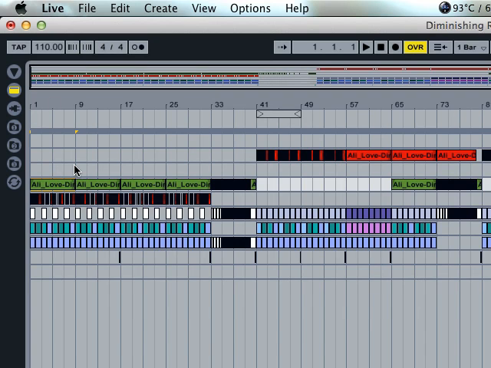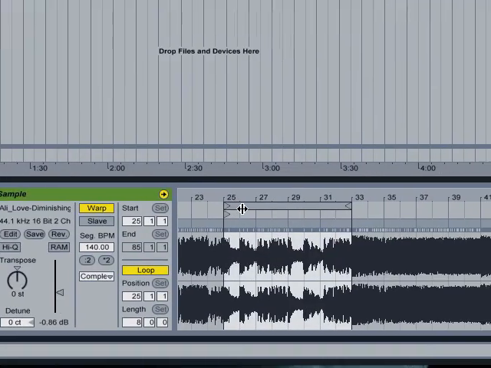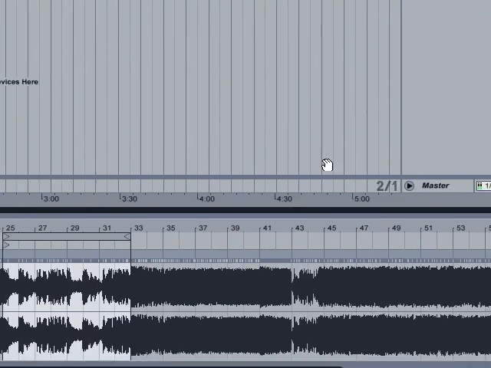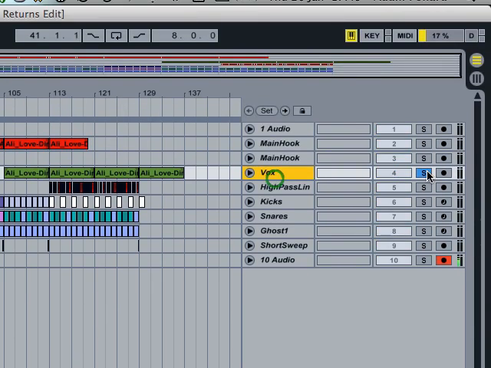I took an 8-bar chunk from the song, which if you click it there, you'll see I took 8 bars here, and I can probably show you what it sounded like on its own if we just solo the